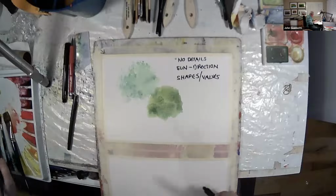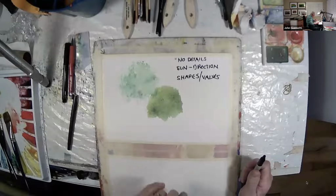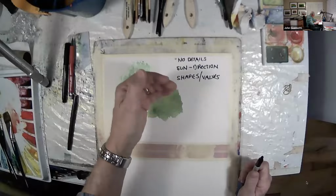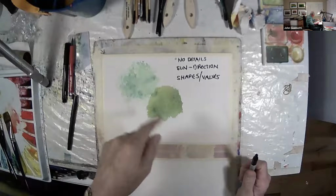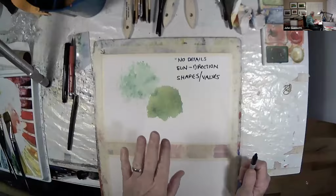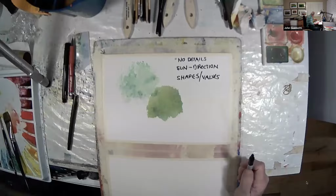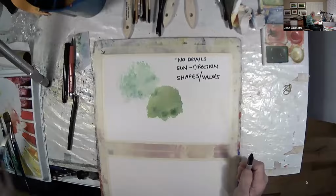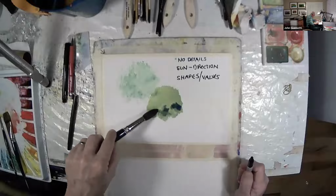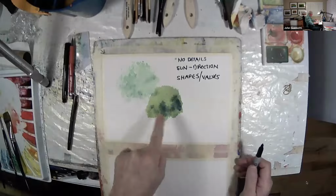There. Now, you can't see that. I didn't leave any white, which means the tree looks flat. It doesn't look like there's any air going through it. That's the problem with doing trees without white. And while this is wet, I can add darks to get my shadows in. I can do all sorts of things, but there's no whites in there and it makes it look less like